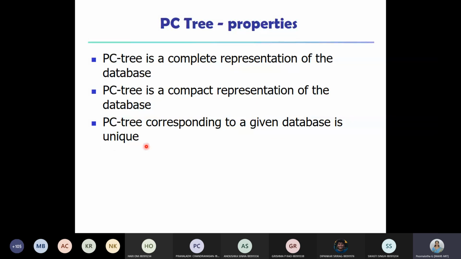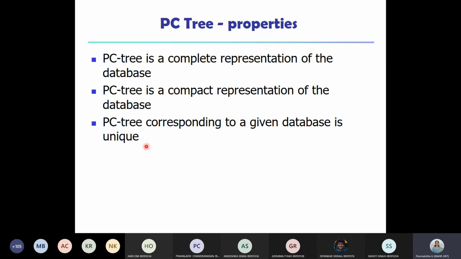If you remember, during FP tree I told you that for a given support threshold, we have only one FP tree. But suppose I change that minimum support threshold, if I increase it or decrease it, then I may get an entirely different FP tree, though the database is same. For a given database, depending upon the support threshold, the FP tree we get might vary.